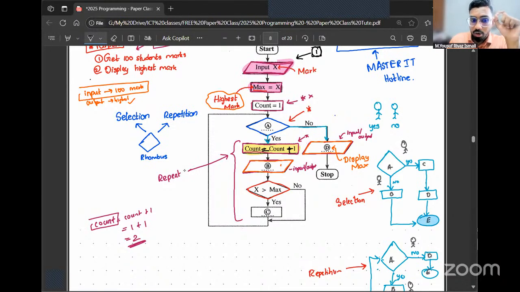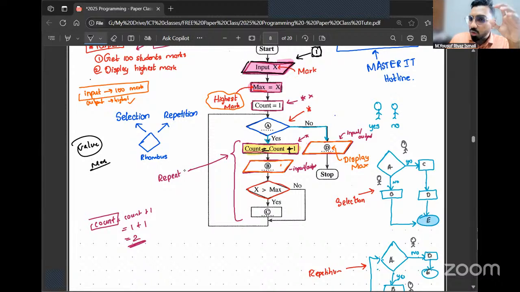No. So we are going to display a value, right? Can there be more than one value for highest marks? No. So there's only one highest marks, right? In terms of value, there's only one highest marks, right? Got it? Perfect. Okay. So now I have what you call display the highest marks. Fine. Now you can see the first student's marks I have obtained here.